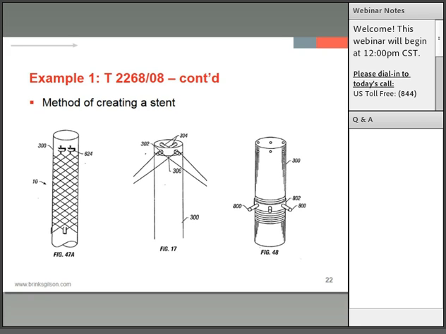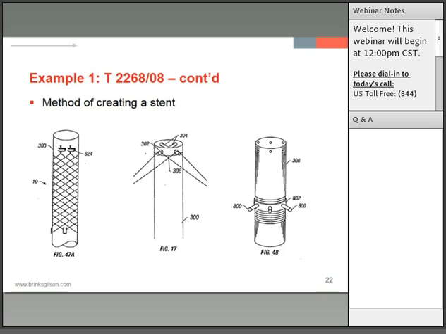So the central figure 17 or the right figure 48 show examples of these pins, how they stick out of this template to provide the stops for the wires so it can be wound around the template to form the shape on the left,